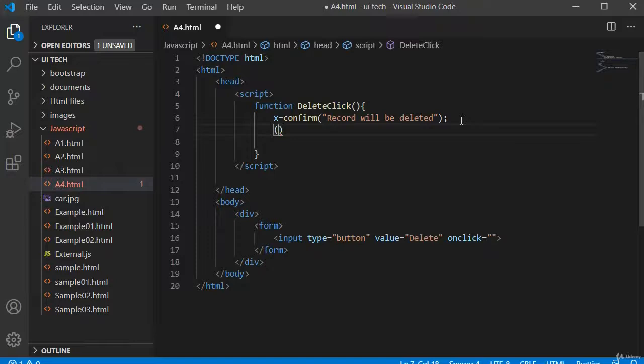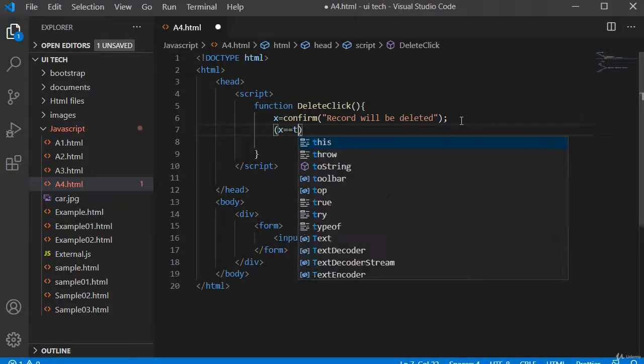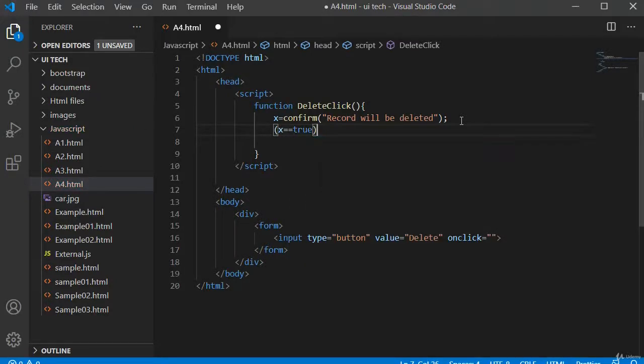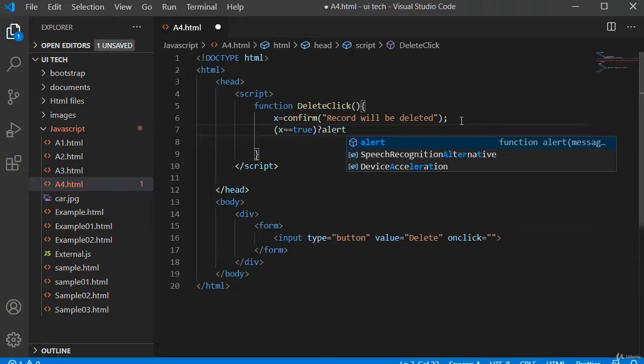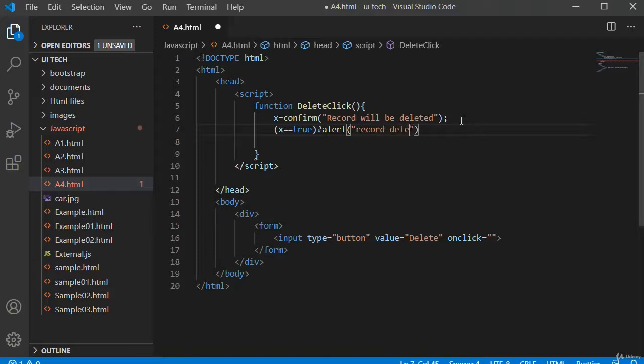If x double equal to true. If my x is returning true value, I want to print alert record deleted.